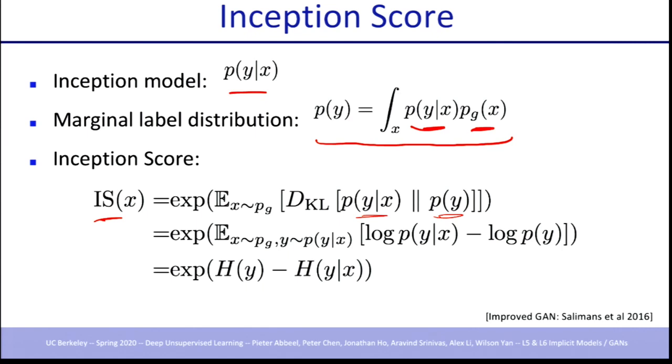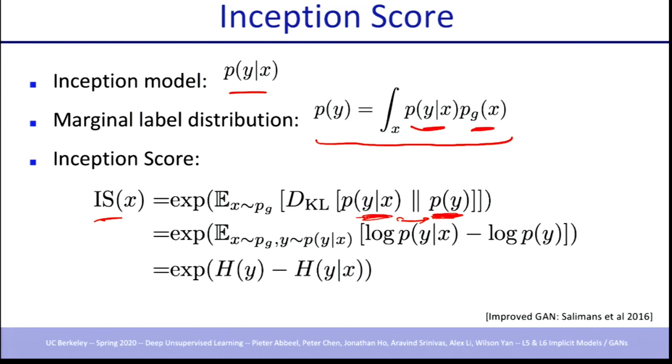Generally speaking, I talked about the extreme case where it's generating exactly what you want. Generally speaking, the less uniform y is, the more difficult it is to have a large KL divergence here. And the less well you classify, the harder it is too. Because if your generated data is not clear about what class it belongs to, now you have a close to uniform distribution, and these two become close together again. So this is really optimized for the two things we care about: clear images in terms of class, and making sure all classes are covered about equally.